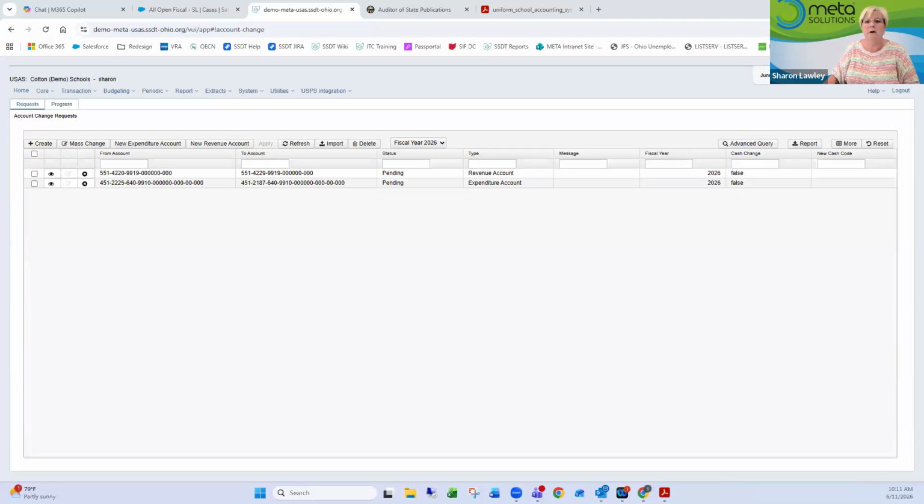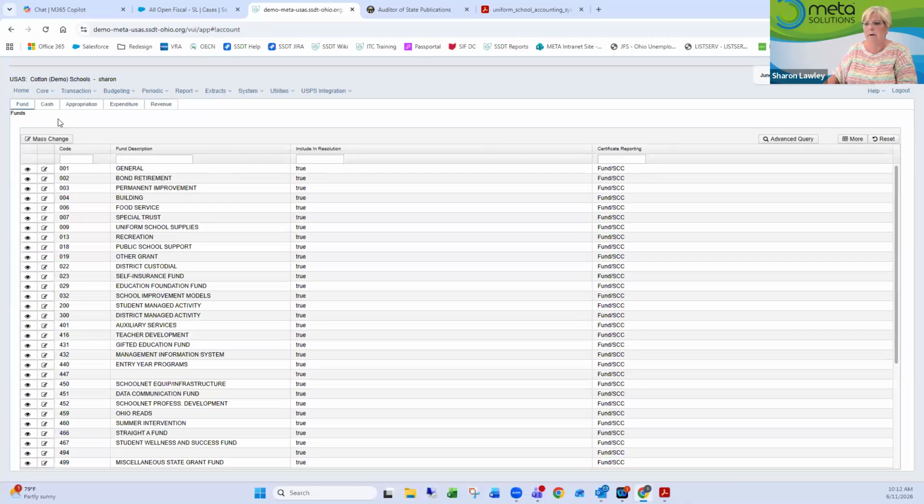Another thing is also when you're using the fund change, the new fund cannot be on file. When you're using the account change, the old and new accounts need to be there. When you're using fund change, the new fund cannot be added to the system already. Okay. When we're talking about fund change, one of the things that you need to keep in mind is when